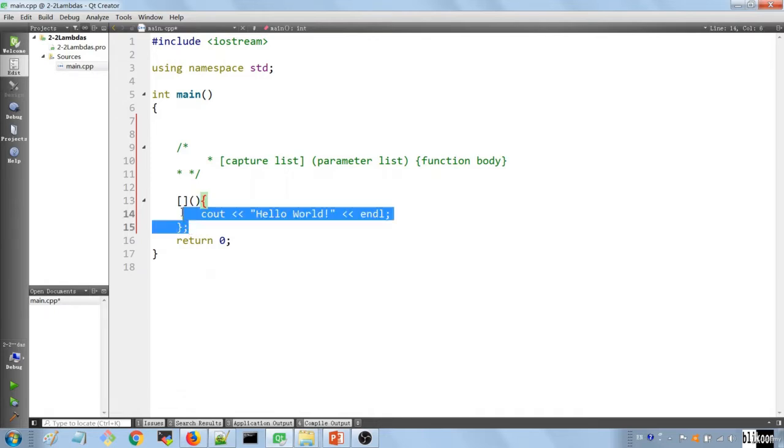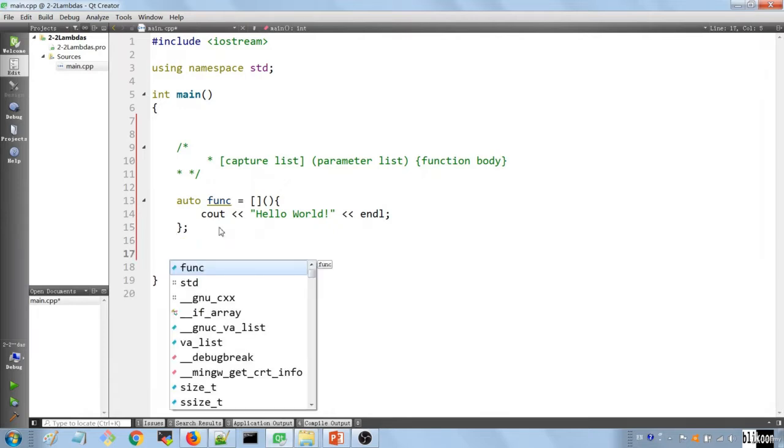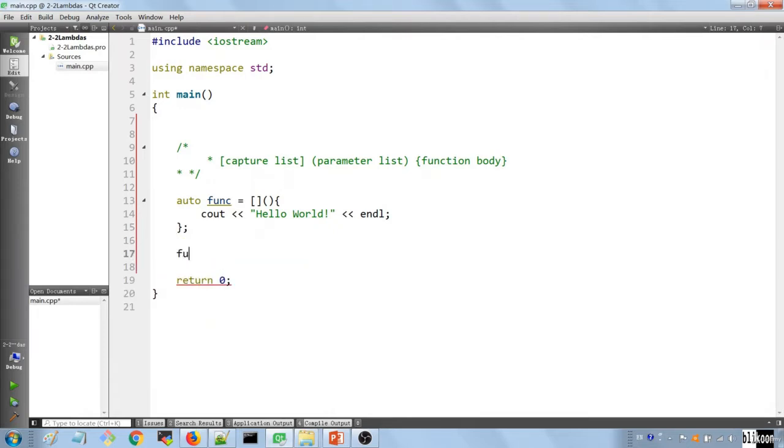So now that we have defined our lambda here, how do we call it? There are two ways we can call it. One is by giving it a name and calling it as a function, and the other is calling it right away after we define it. So let's first give it a name and call it. We can say auto func equals our lambda function here. Remember our lambda function starts from these brackets and it ends here. Okay, now that it has a name, we can call it like we call any C++ function. So we're going to say func